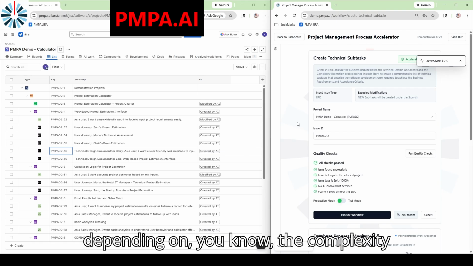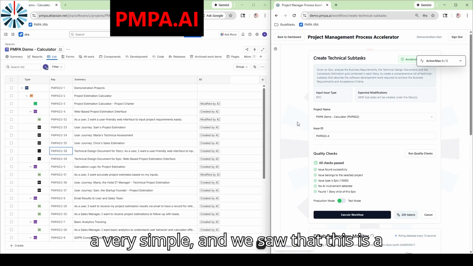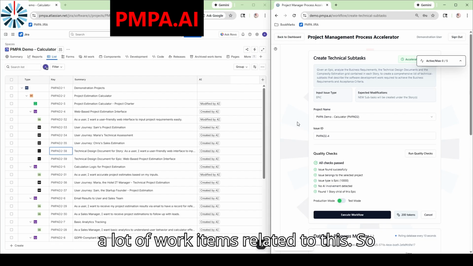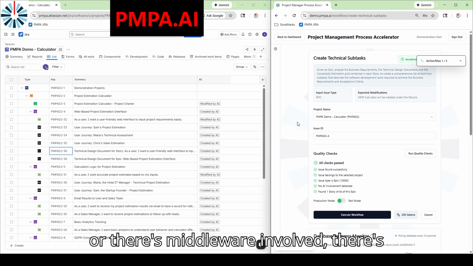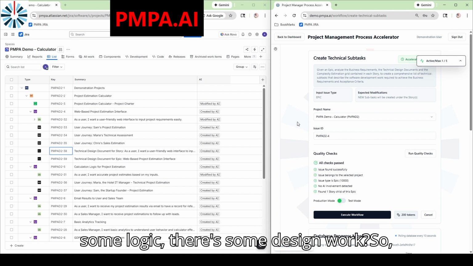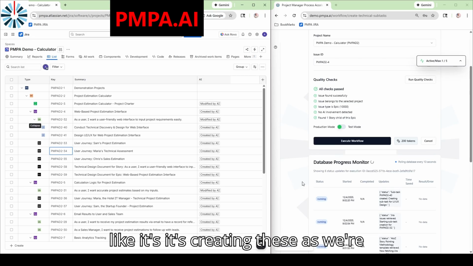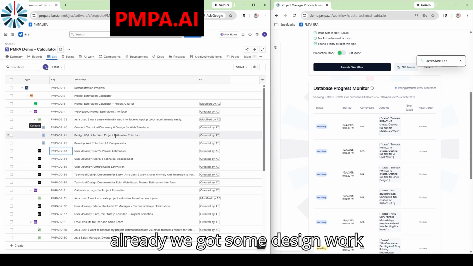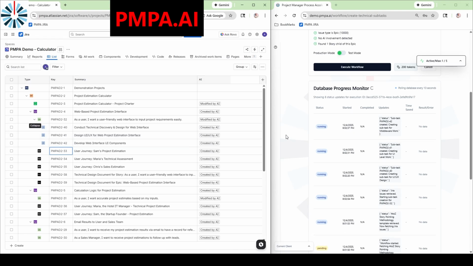So depending on the complexity of the user story, is it just very simple, and we saw that this is a complex user story based on the A to Z story pointing methodology. There's going to be a lot of work items related to this. So is it just some UI changes, or there's middleware involved, there's some logic, there's some design work. So what's going to be involved? So let's expand that right now, because it looks like it's creating these as we're sitting here. So there we already, we got some design work, developing the UI components. We've got technical discovery,